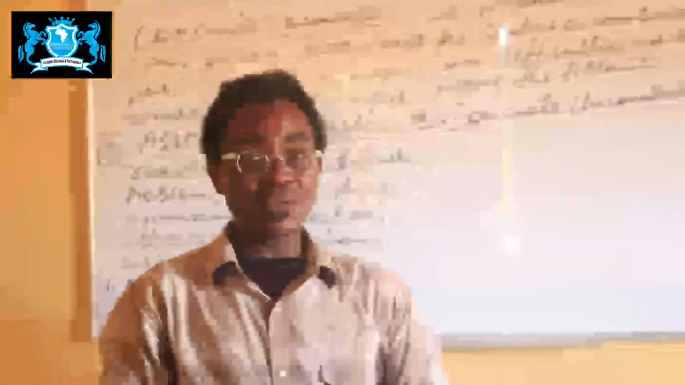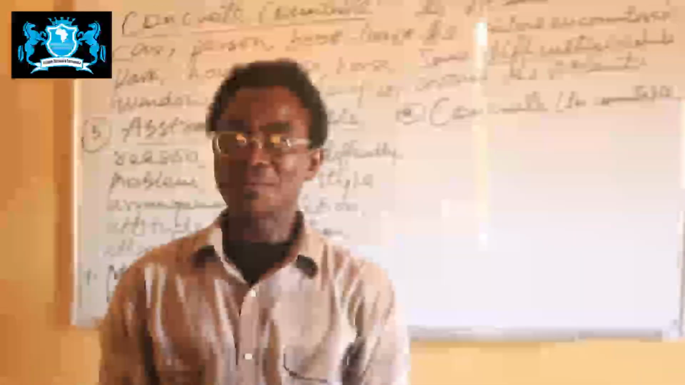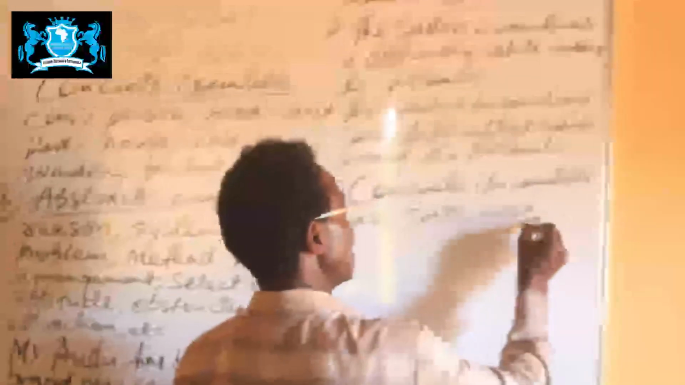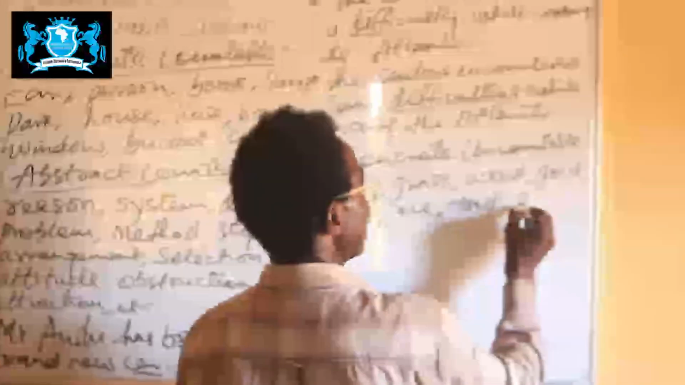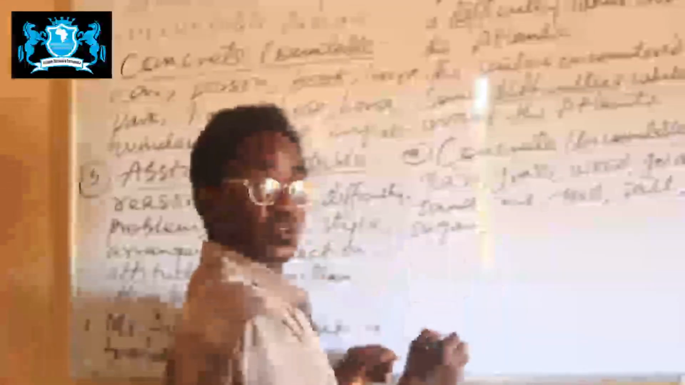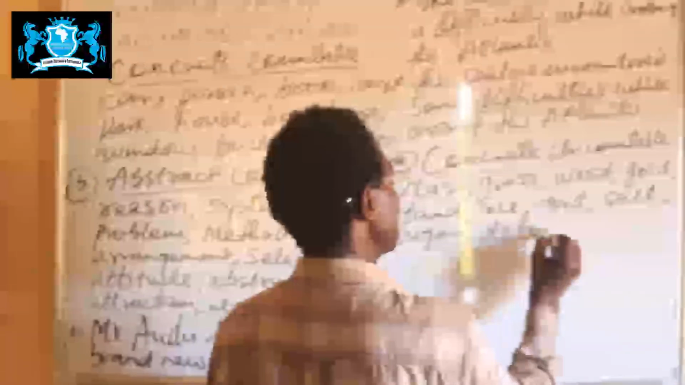The concrete uncountable nouns. That is, nouns that are uncountable, but they are concrete. Let's take examples like glass and grass, wood and gold, sand and rice, food and salt, sugar and detergent,